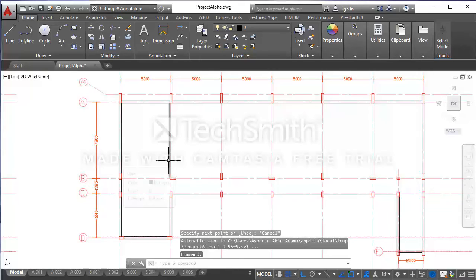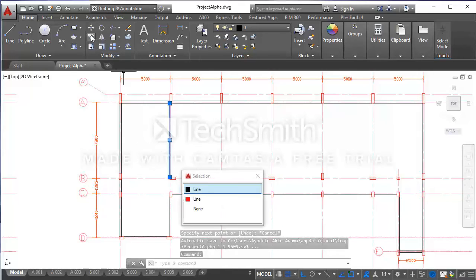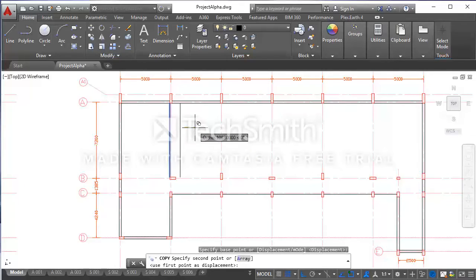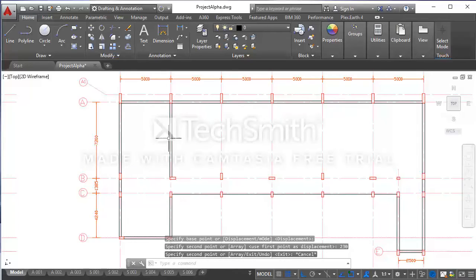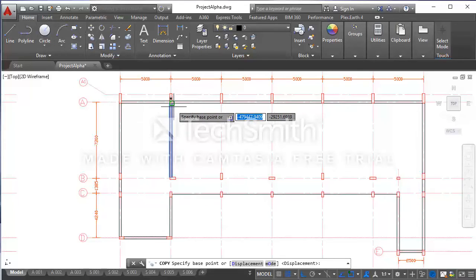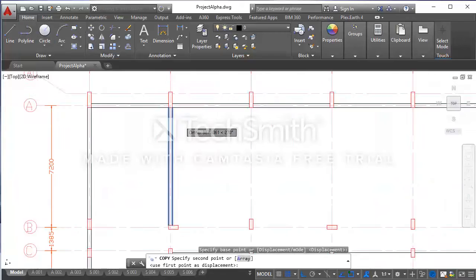I'll copy the line 230 mm to the right. So I've copied the line 230 mm to the right. What I'll do now, I will select these two lines and repeat and copy it to each of the columns.